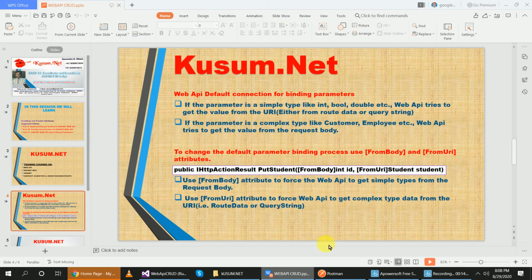Use the from body attribute to force the web API to get simple types from the request body, and use the from URI attribute to force the web API to get complex type data from the URI, route data or query string. This URI data is passed by route data also, no problem, right?